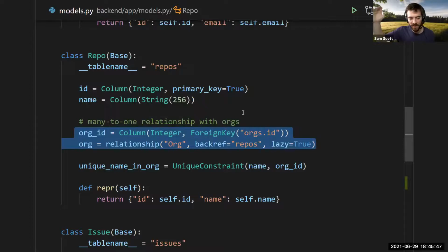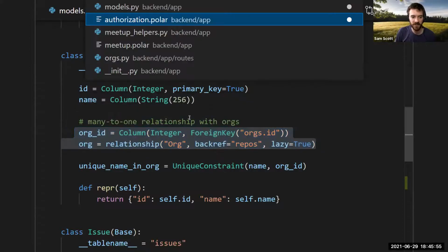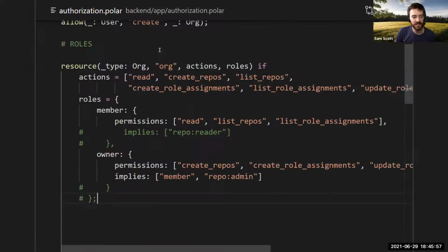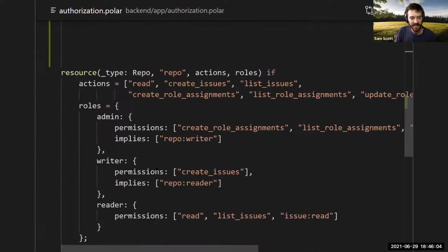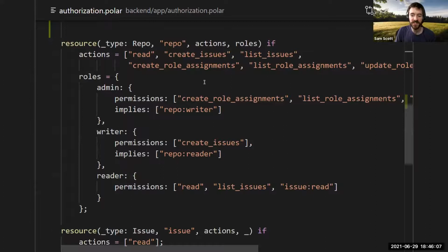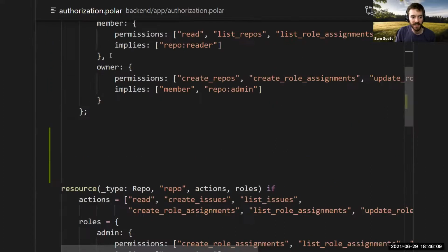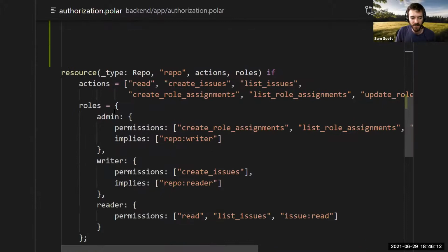You might not have the full permissions, right? If you're a member of an org, you might not be an admin of a repository. And the way that's handled is through relationships, basically. So going back to the Oso policy we have for this, I already have a role definition for organizations. I can also define a role definition for repositories. So I can be a member or an owner of an org, but I can also be an admin, writer, or reader of a repository, right? So I have these two sets of roles that grant different pieces of access. I need to be a repository reader to read a repository.